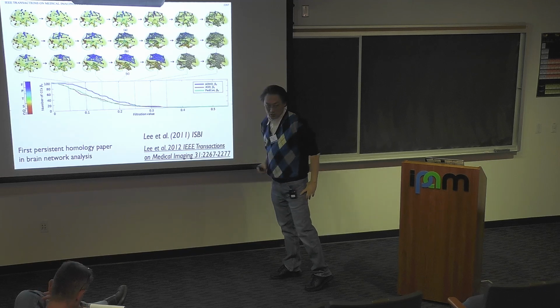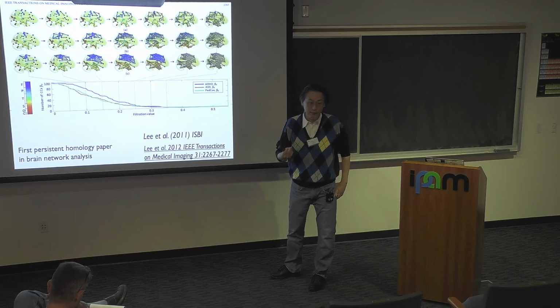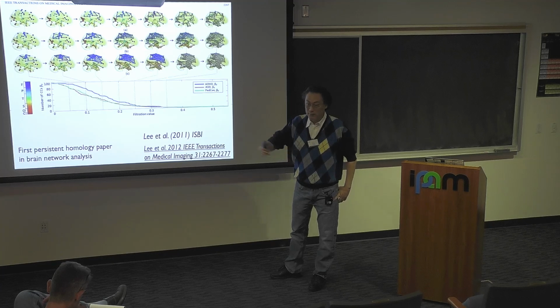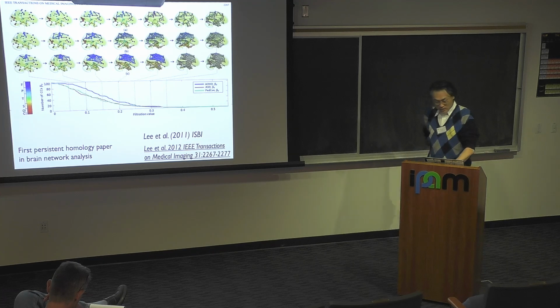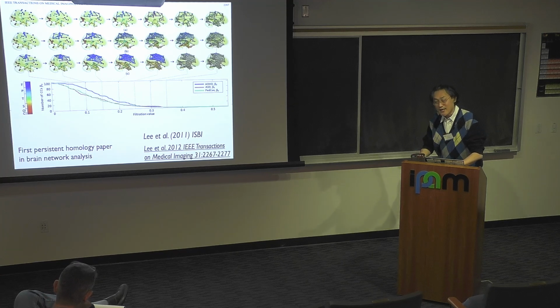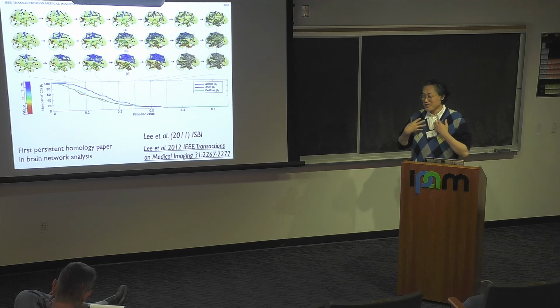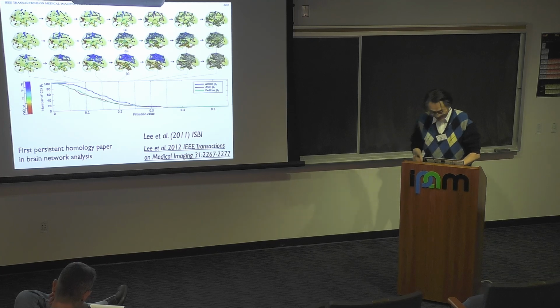In this case, beta 0 would be counting the number of connected components. It's like counting the number of basis elements, basically. So that's why. But I don't think I answered your question. I only answered your question mechanically. I don't think I answered it very intuitively. But